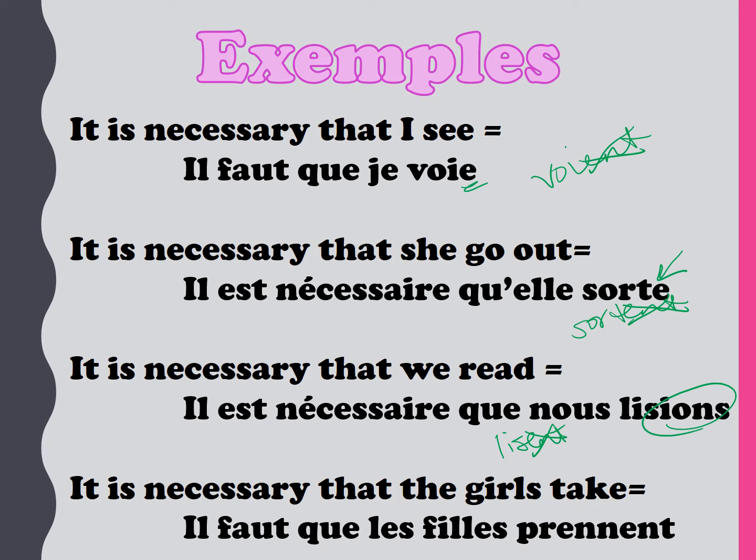Right? So prendre is prennent minus the ENT, and then you add the ENT back on. Now I know that seems kind of funny. They're exactly the same. How do you know that it's the subjonctif? Because of context. In this case, il faut que. So it is really important to be sure that you understand that. It's still good to be in the habit of, in your head, taking off the ENT, adding it back on, because it will help you be in the habit for